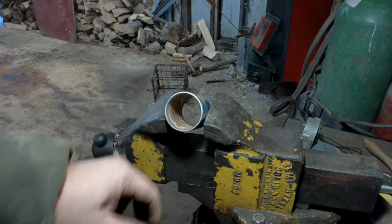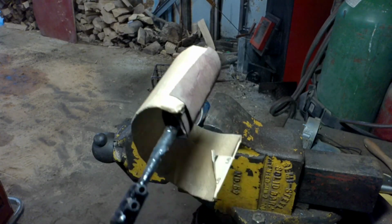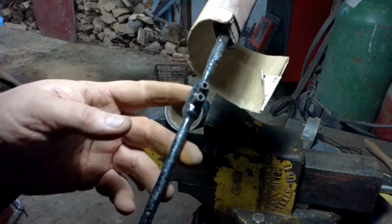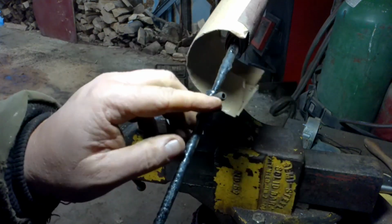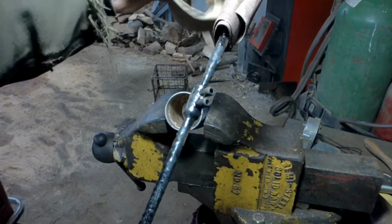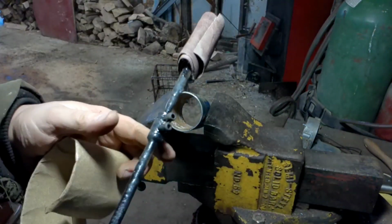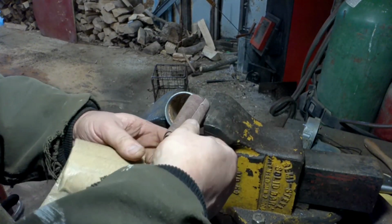We can see how rusty it was inside. Well, here we go. I've used this before. What I have here is, well, I use this to stir roofing tar. It's an old clapped out drill bit extension that I threaded and put these extra Allens in here. And this is a spade bit on the end with a piece of sandpaper wrapped around it from a belt sander. And then I'm going to put an additional